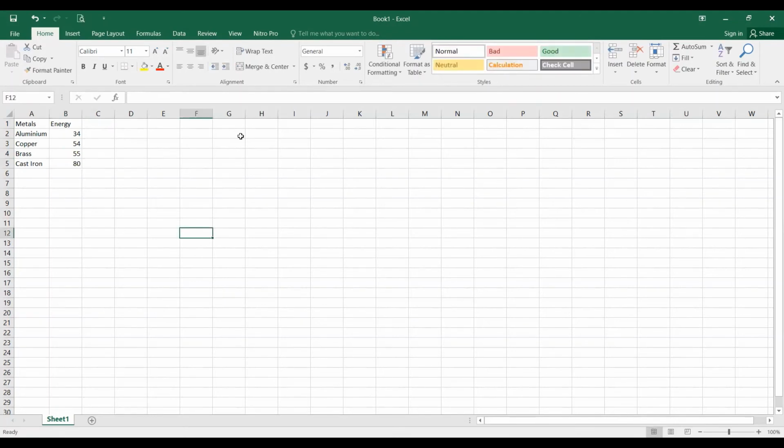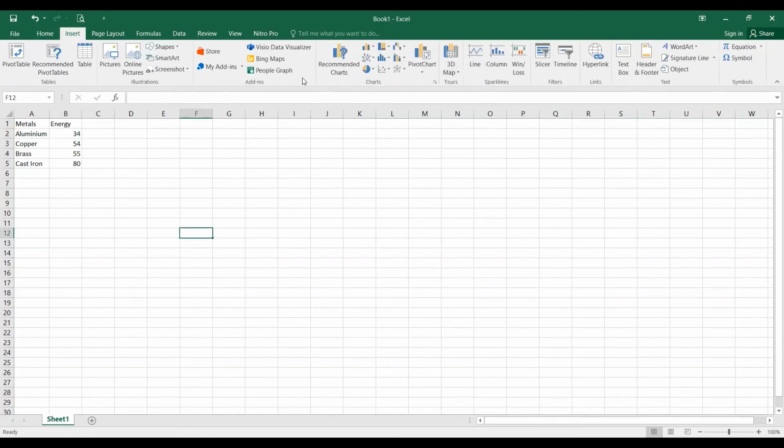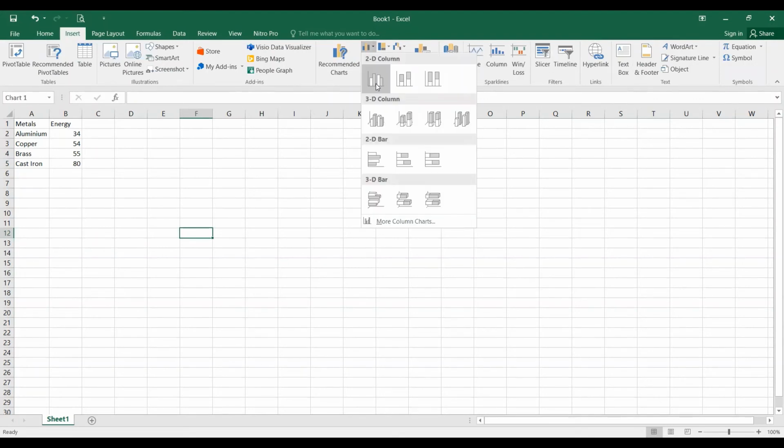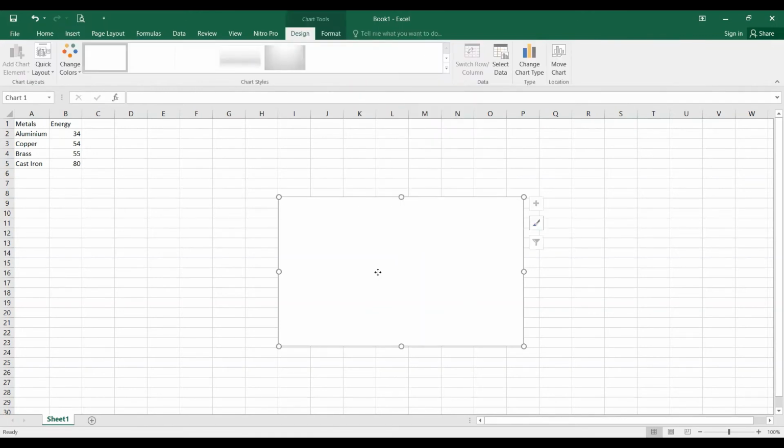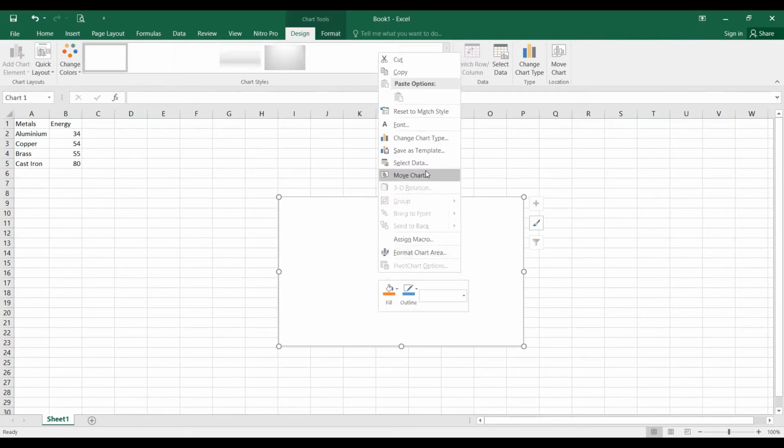What you have to do here is go into the Insert option, and there you can make the histogram. I am going to take a 3D column or 2D column. Let's take 2D column, and I am going to assign the data.